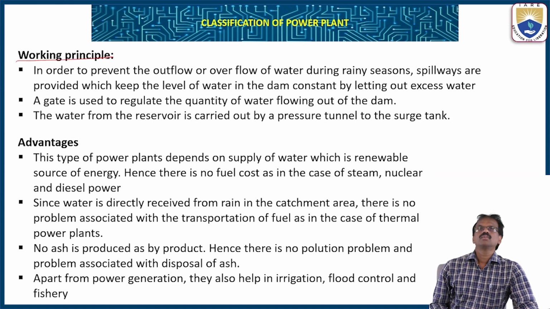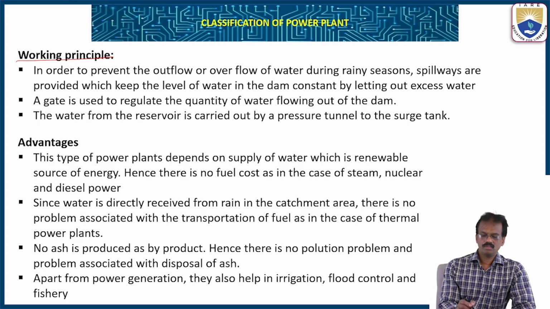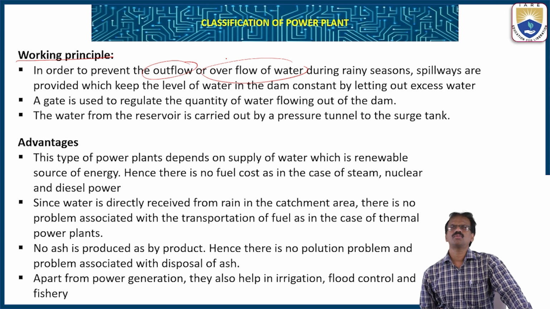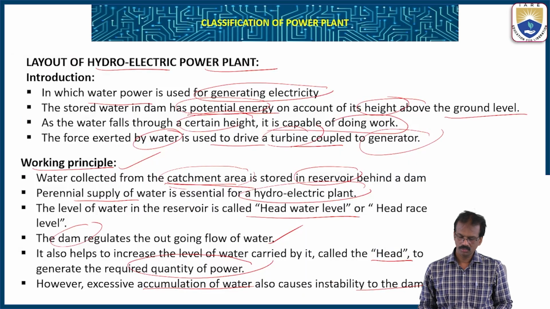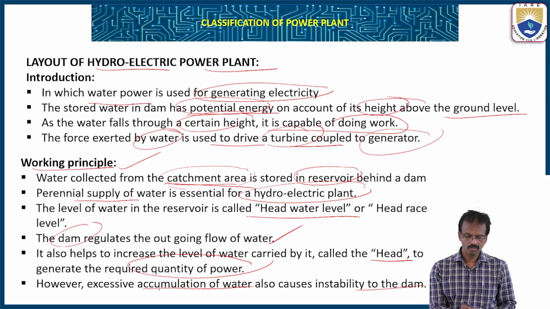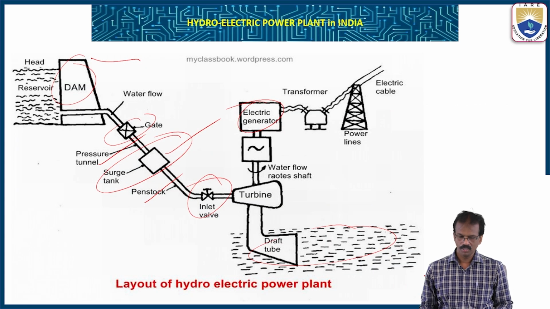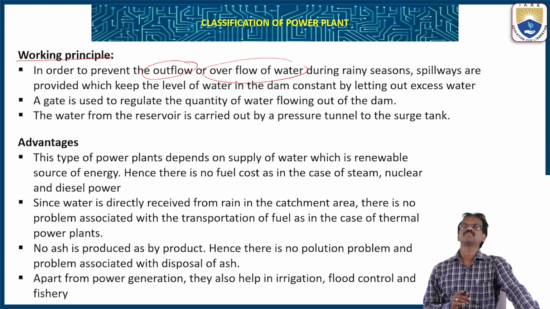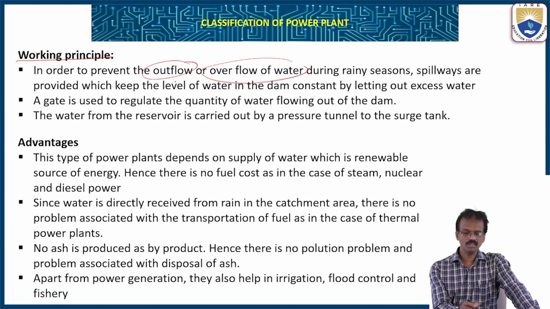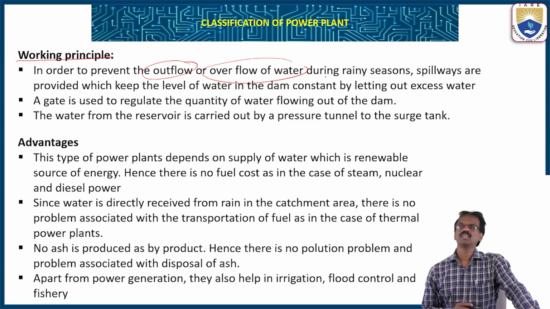You will see, in order to prevent the outflow or overflow of water, there is an overflow. There is some problem to the dam. Already discussed this one. It causes accumulation of water, and also causes instability of the dam. So to control this outflow of water, in order to prevent the overflow of water during rainy seasons,